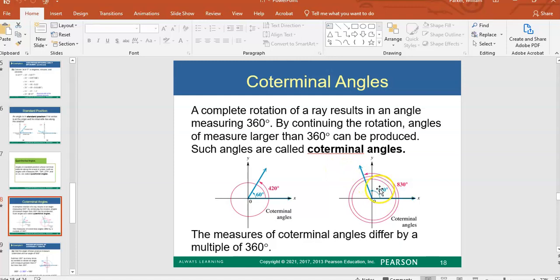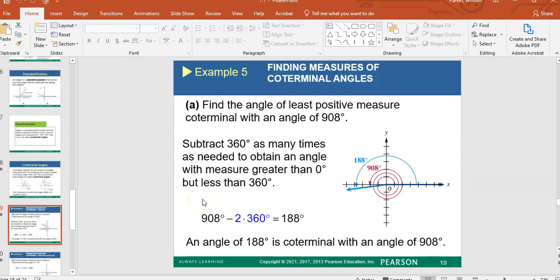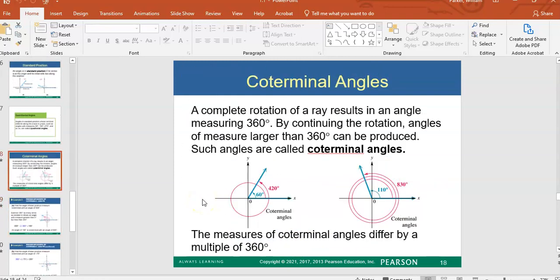Okay, 110 degrees. Well, I could go 360 plus another 110, which would be 470. Or I could go around another entire time, which would give me 830. So really, measures of coterminal angles differ by multiples of 360. However, I could have, and I don't believe they discuss this, maybe in the next slide, I could have a